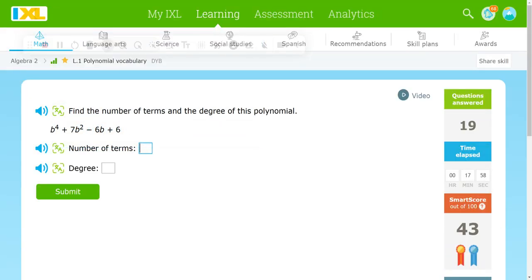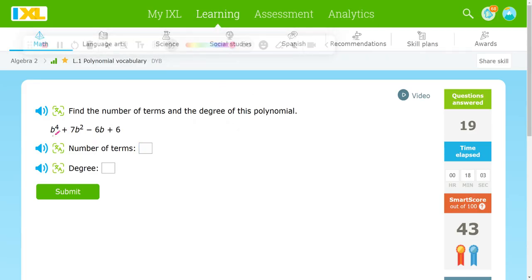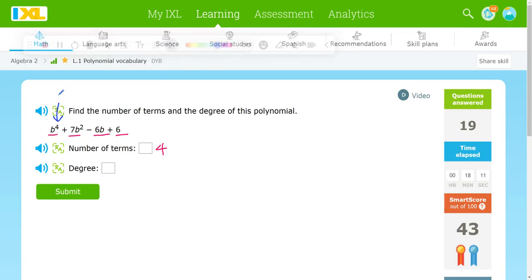Okay. The number of terms and the degree. So 2 questions together. So 1, 2, 3, 4. So the number of terms should be 4. And the degree, let's take a look over here. This is the highest power, 4. This is 2. This is power 1. Ooh. 6, if you have 6 by itself,